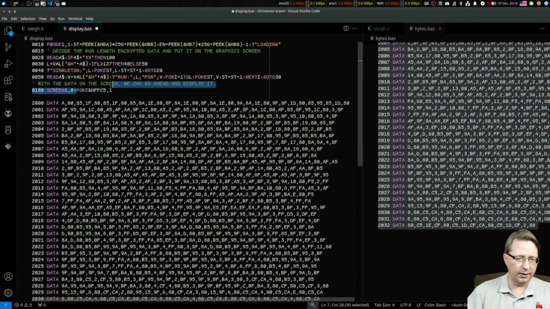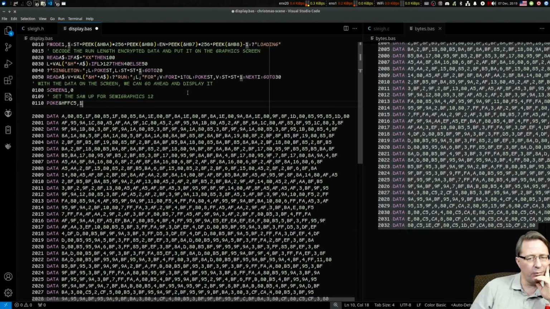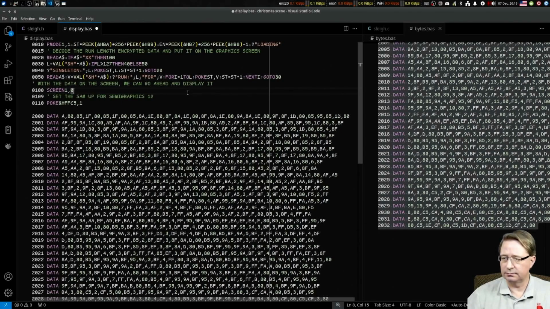Here is where the fun begins. We start with the screen 10. Now I'll put this on its own line so we can see. So set the SAM up for Semigraphics 12. Now, by all rights, I should already have the SAM set up for Semigraphics 12 because the VDG. No, that's true. It's already set up for Semigraphics 12. I don't even have to worry about that. So all I need to do here with the data on, we can go ahead and display it. To get to Semigraphics 12, because we've already got the SAM set up with that,